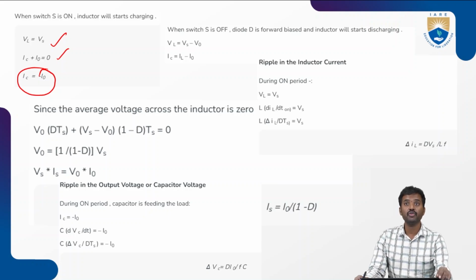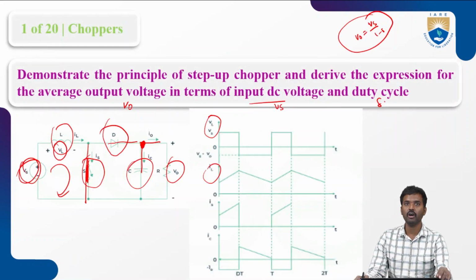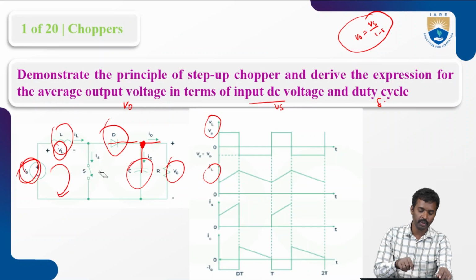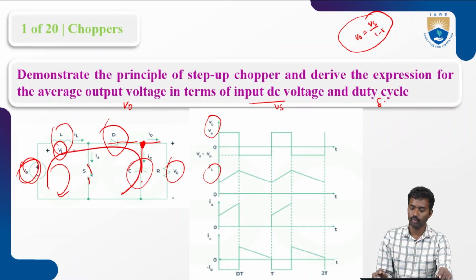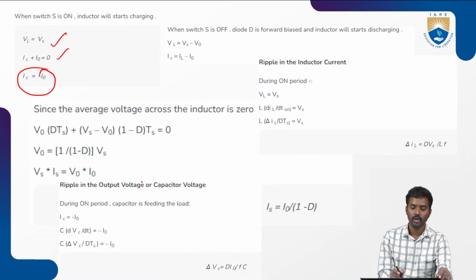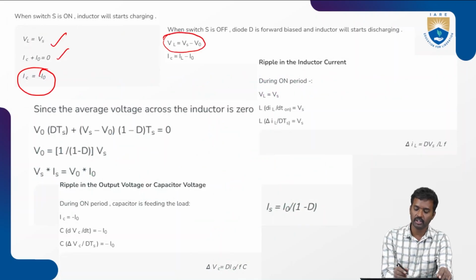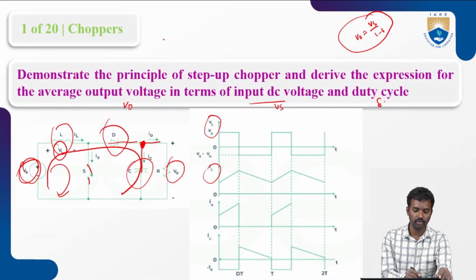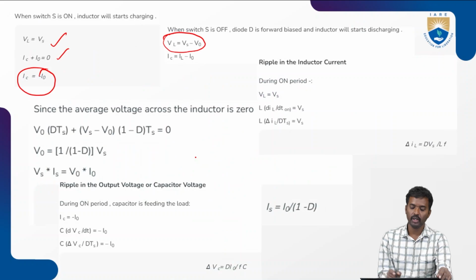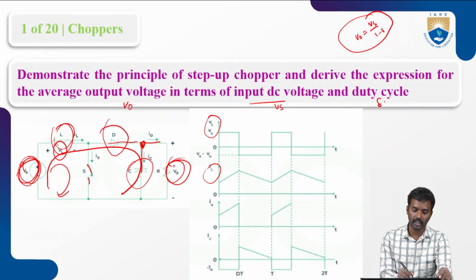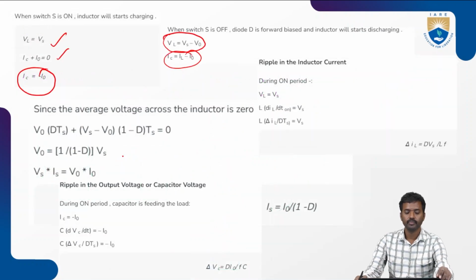And in the same way, when the switch is off, it is open circuited. So apply KVL in this loop: VL equals Vs minus V0. And now IC equals IL minus I0 if you apply KCL at this node when the switch is open. So now here we have